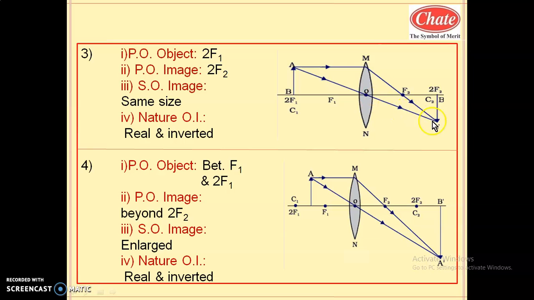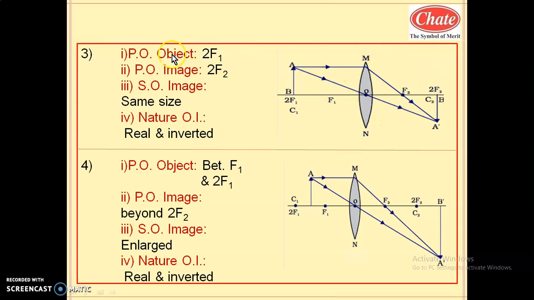It will pass without deviation. So align the scale to the O and the A point. The ray will pass straight. So you will get the intersection of these rays at such a point. It will be exactly in line with that C2. If you draw this with proper care, you will get this point exactly above your C2 point. Now join this C2 to A dash. That will be the image position. So draw the image, that is A dash B dash. In this way you can complete the diagram.